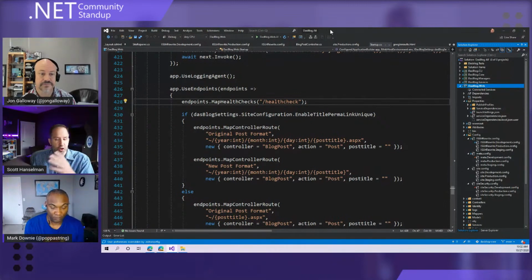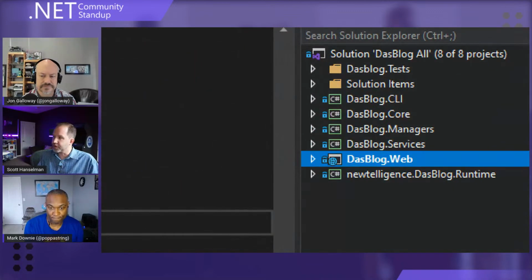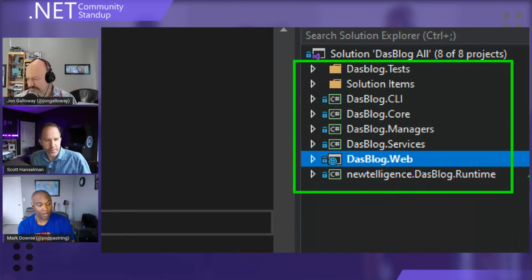And the goal for this migration was that I would take my existing blog, which was hosted on bare metal, and I would just copy the content folder over to Mark's version, and it would just work. Yeah. And for the most part, it did, like 80%, right? Which actually brings us to, I think, discussing the project structure and how, Mark, how you moved it to .NET Core and what was hard and what wasn't.